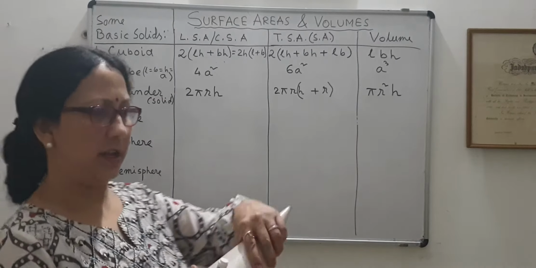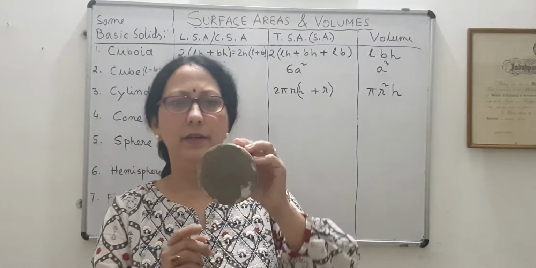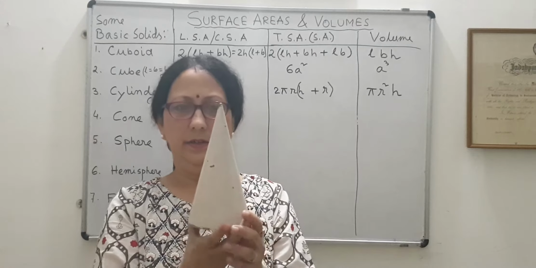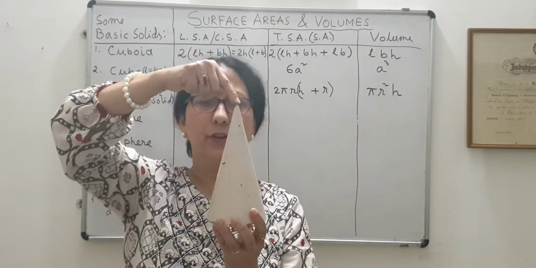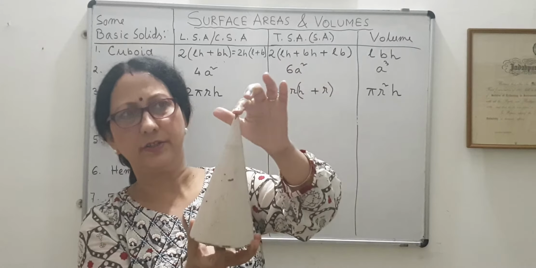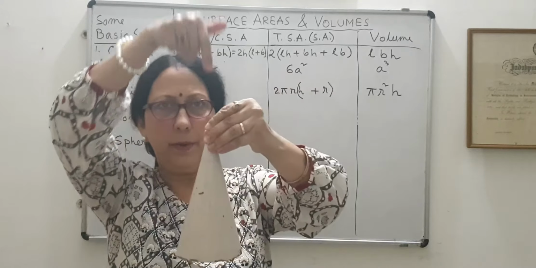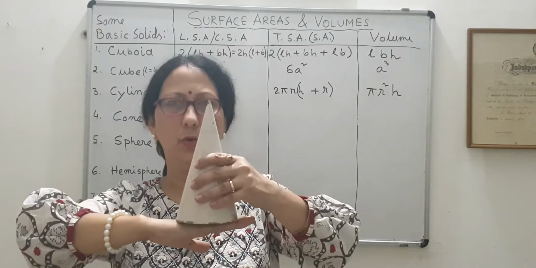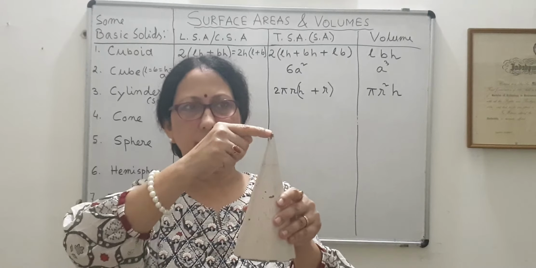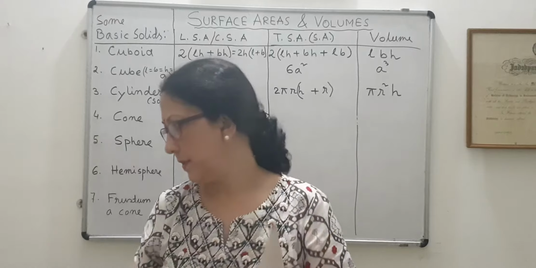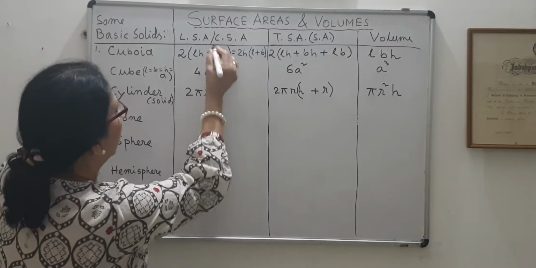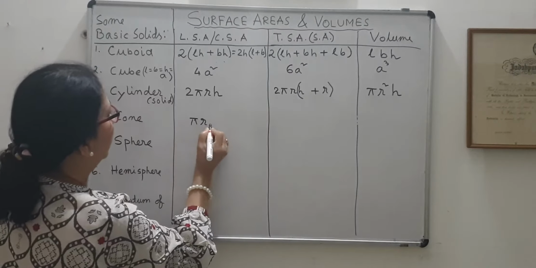So what is a cone? A cone is like this. So a cone has a circular base of radius r, and this is known as the vertex of the cone, this point, and this is the center. If this is the center of the base circle, and the line joining this vertex and the center of the base is perpendicular to the base, then it will be a right cone, and that will be your height h, and this length will be known as the slant height L. So for a cone, you have to remember the curved surface area will be pi r L, where L is